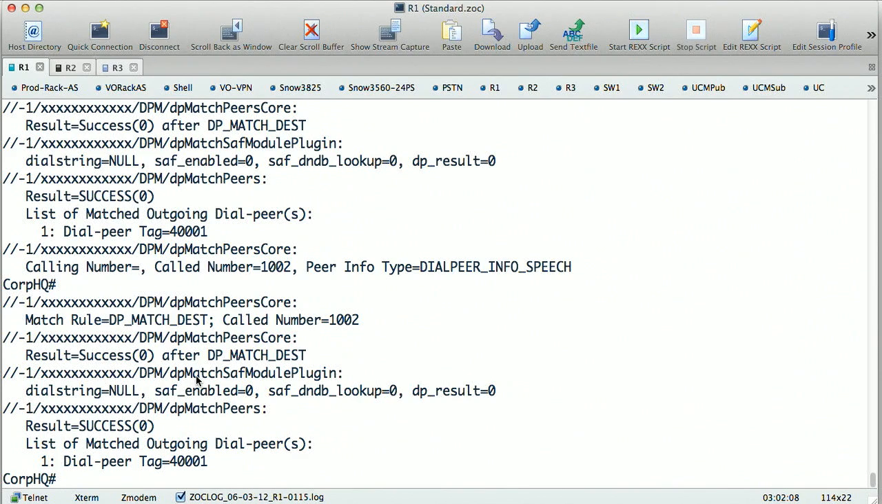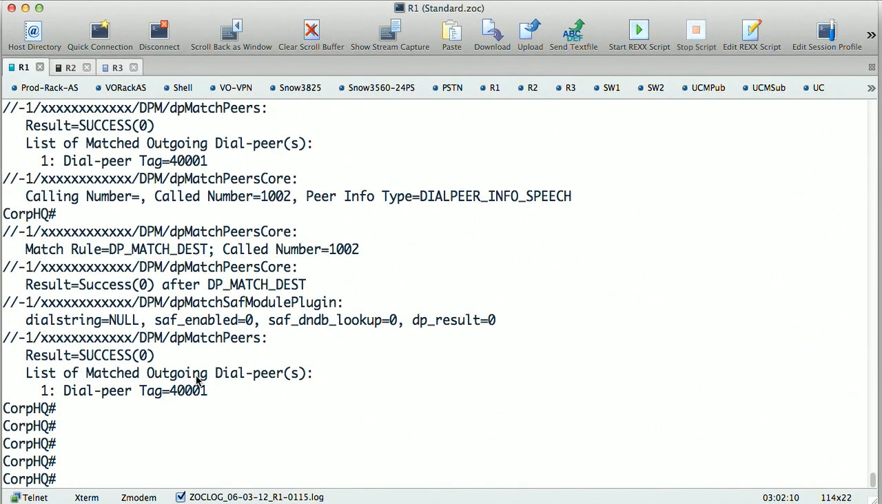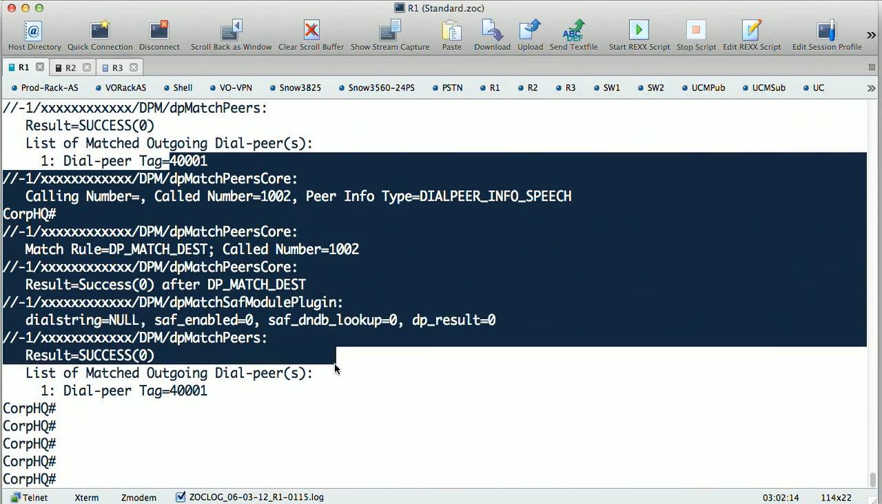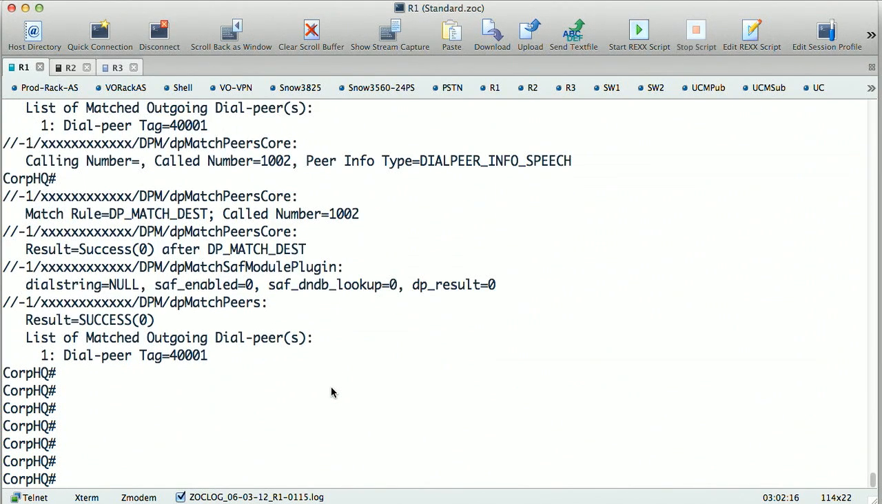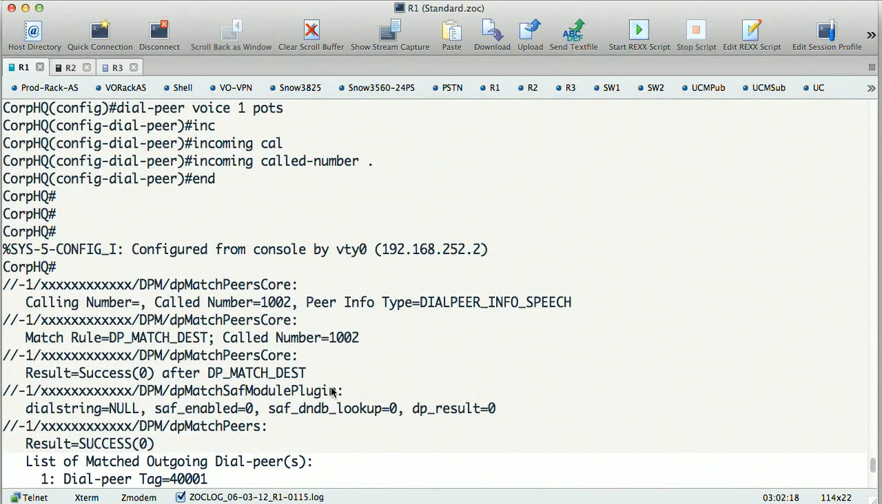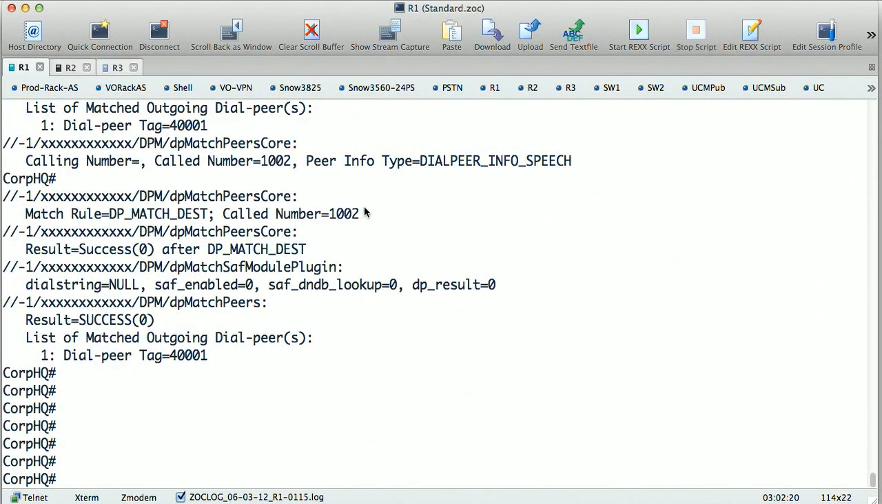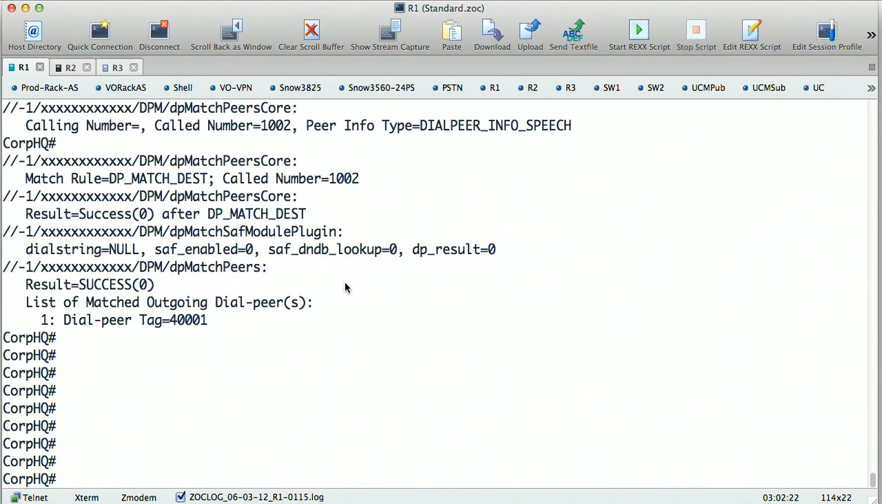Next, I don't know where these calls are coming from. Outgoing dial peer. It's like one of our phones is dialing on its own. No, 40001 is 1002. I think it's just re-registering, and as it re-registers, it's sending basically the called information or the phone information. But at any rate,